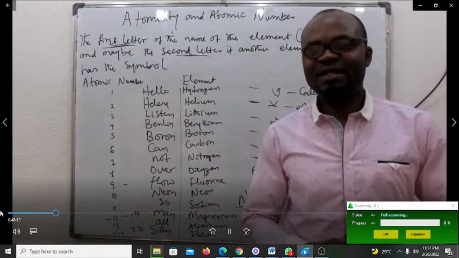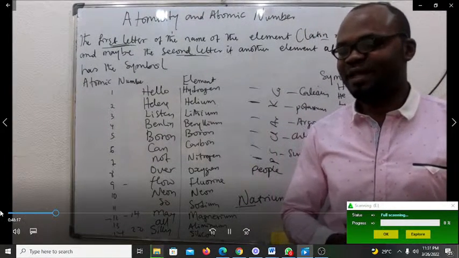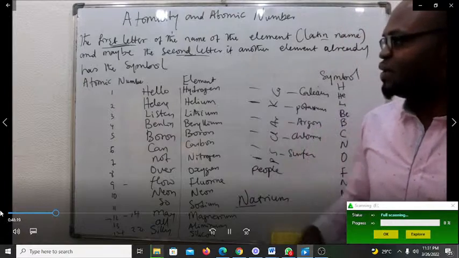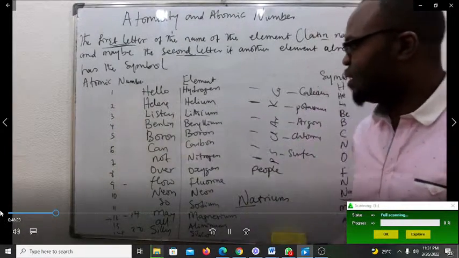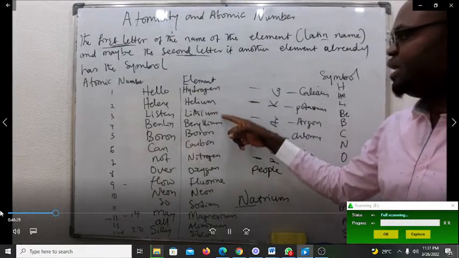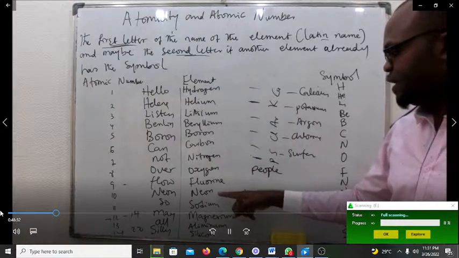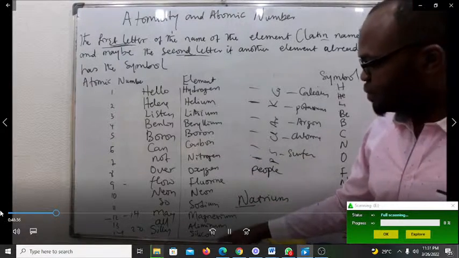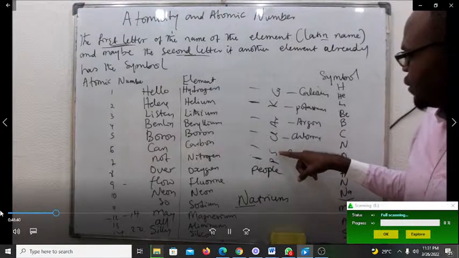Hello, welcome. Let's continue with the first 20 elements and how we can memorize them and be able to use them. We have the atomic numbers, which increase downwards, and we have the elements: hydrogen, helium, lithium, beryllium, boron, carbon, nitrogen, oxygen, fluorine, neon, sodium, magnesium, with atomic number 14. Then we have phosphorus, sulfur, chlorine,